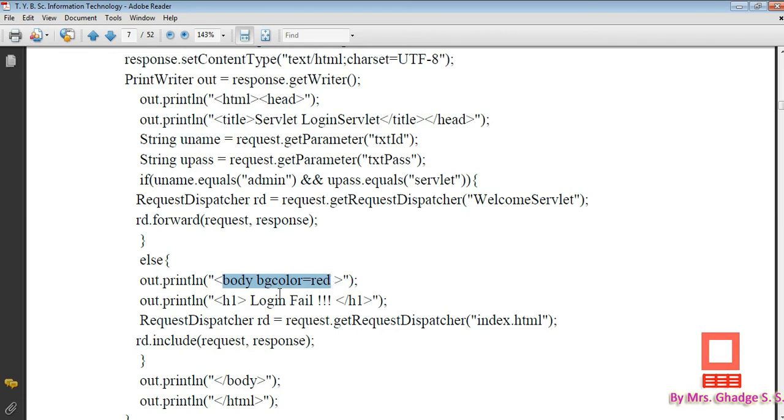Okay, then one message is login fail, and again we need to create the request dispatcher object, and this request dispatcher object will forward the request to the index.html file again. Okay, and for that we need to write the method rd dot include request comma response. That means on the same servlet page you can see the index.html file which is included. Okay, so I just copy this code from the if.